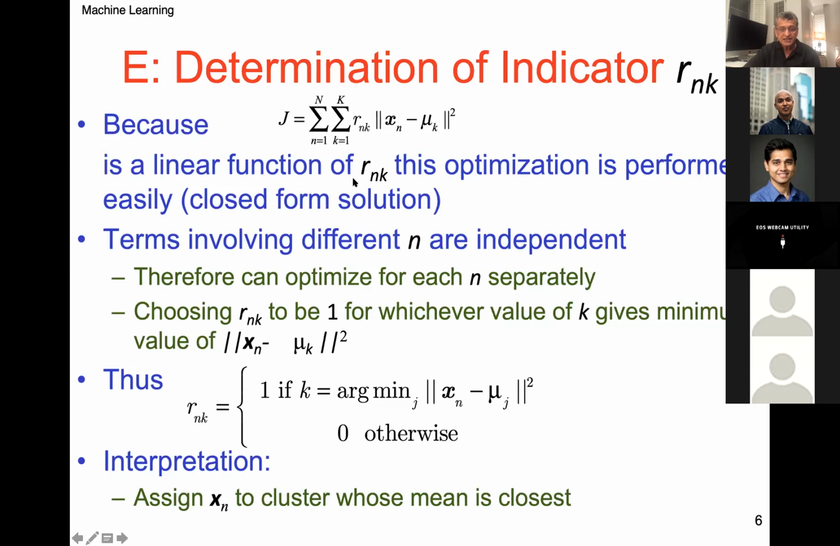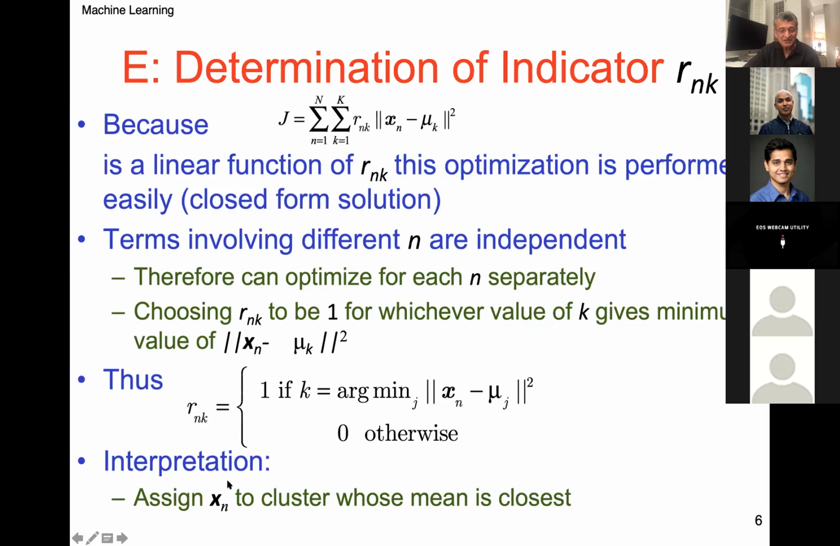because this is a linear function of R and K, this optimization is performed easily. Okay, finding the R and K is easy. Terms involving different n are independent. Therefore, we can optimize for each n separately. And choosing R and K to be 1 for whichever value of K gives minimum value of xn minus mu K squared. Does R and K equal 1 if K equals arg min over J of xn minus mu J, 0